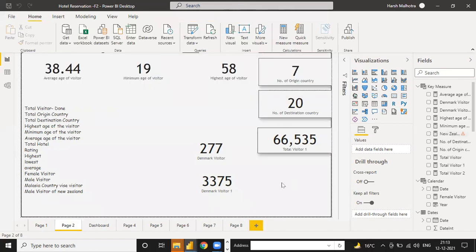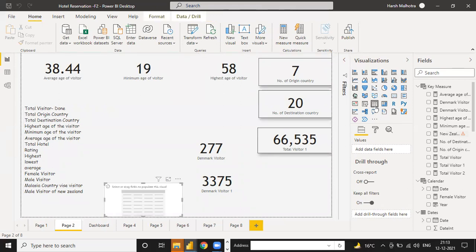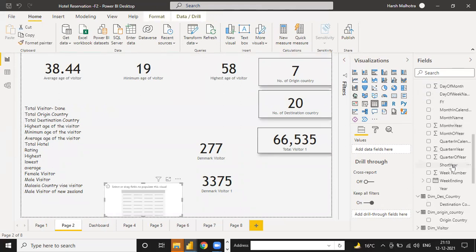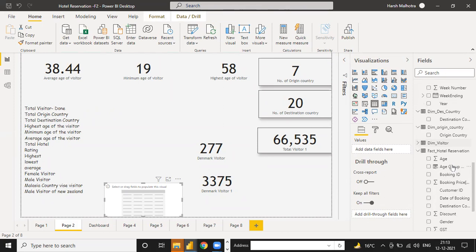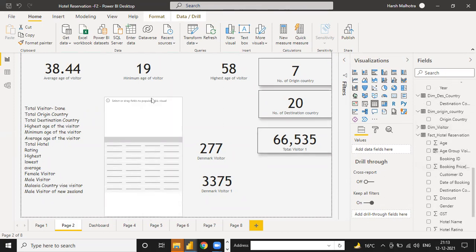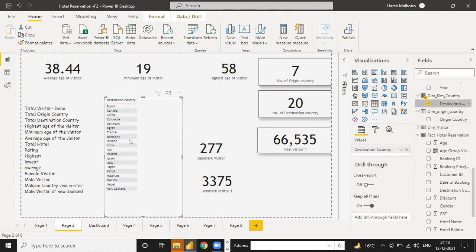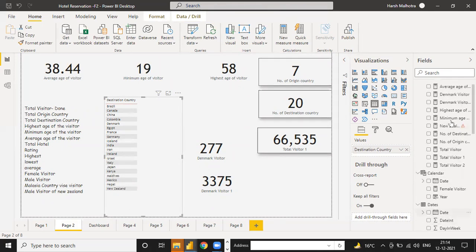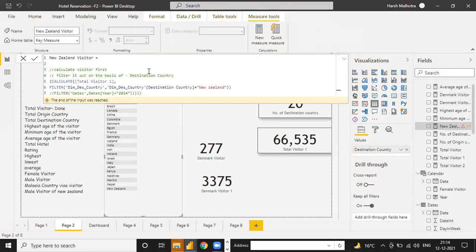Okay, we have to check the spelling, maybe spelling mistake. Total visitor filter.